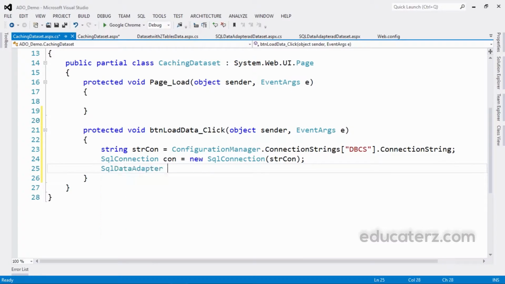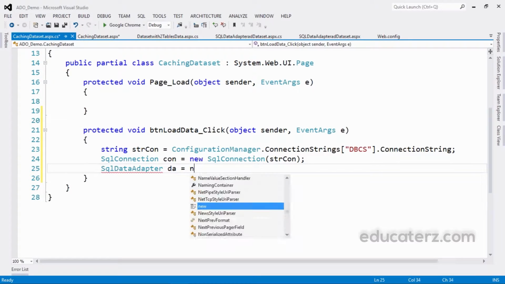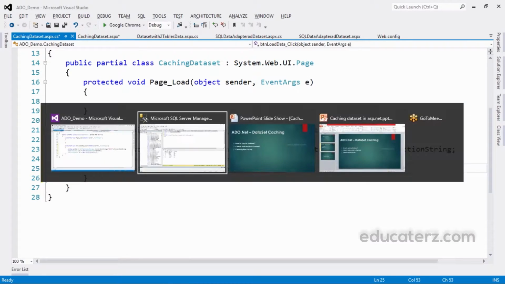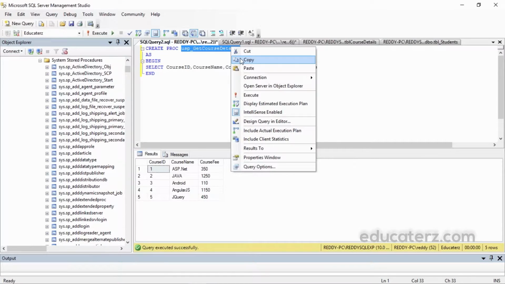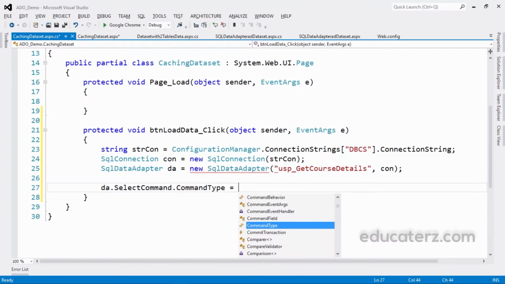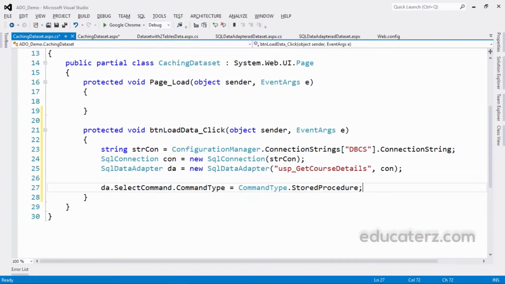Now SqlDataAdapter da equals new SqlDataAdapter. Here, let me use the stored procedure that I wrote earlier. Copy. da.SelectCommand.Connection, then SelectCommand.CommandType is equal to CommandType.StoredProcedure.